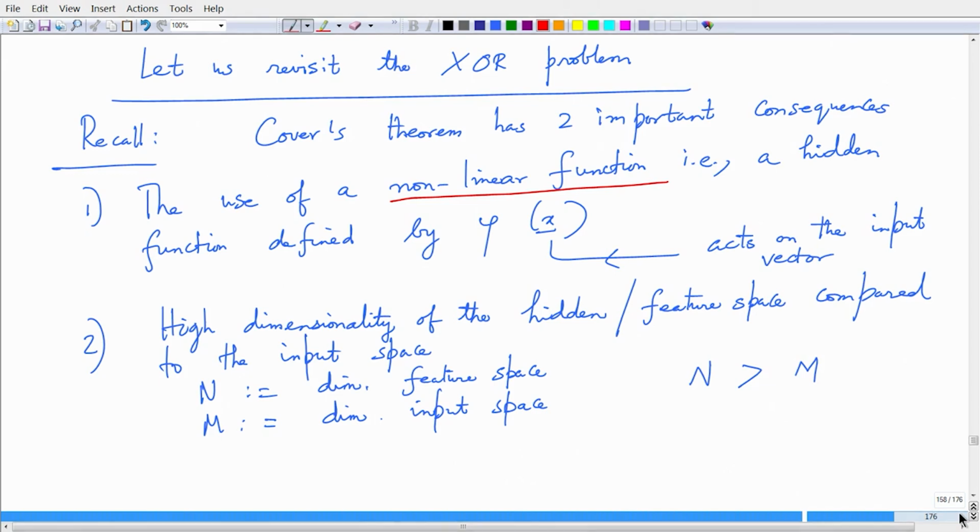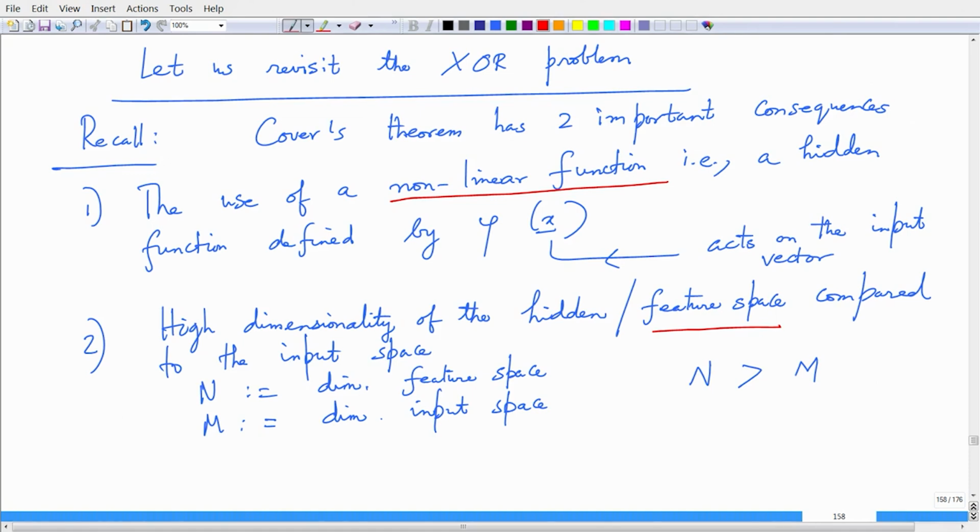We say that the input vector is transformed to the feature space by this nonlinear function or hidden function, and typically the dimension in the feature space is greater than the input dimension,